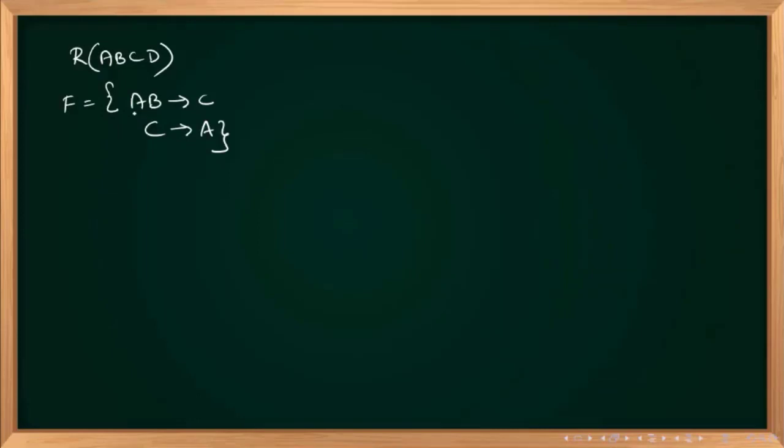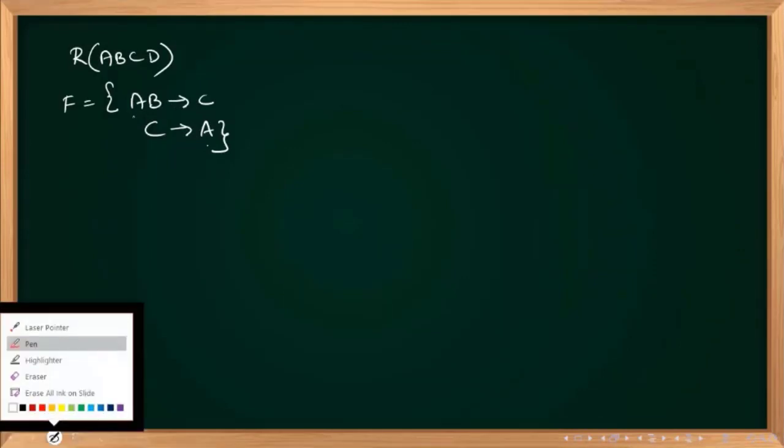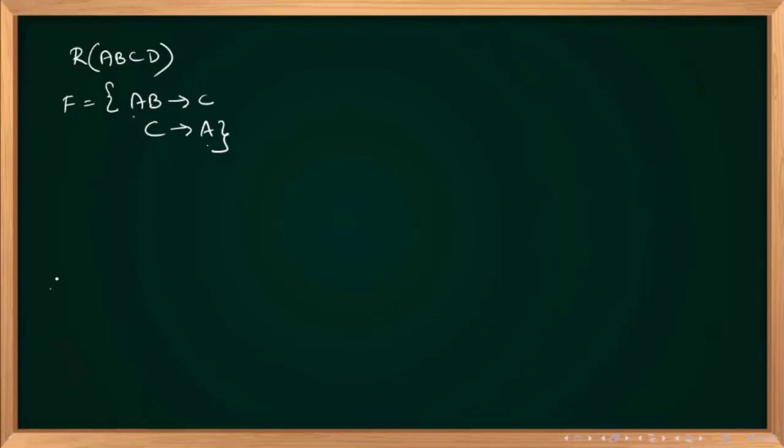A is coming on the left side as well as the right side. Before that, you have to observe one thing. Here, D is not there in the functional dependency. Be very careful with all these things. These tips will not be in any textbook, so you have to remember them or write them in your book. D is not there in your functional dependency, so circle it. Why are we circling it? Because later we have to add that particular D to all the candidate keys.